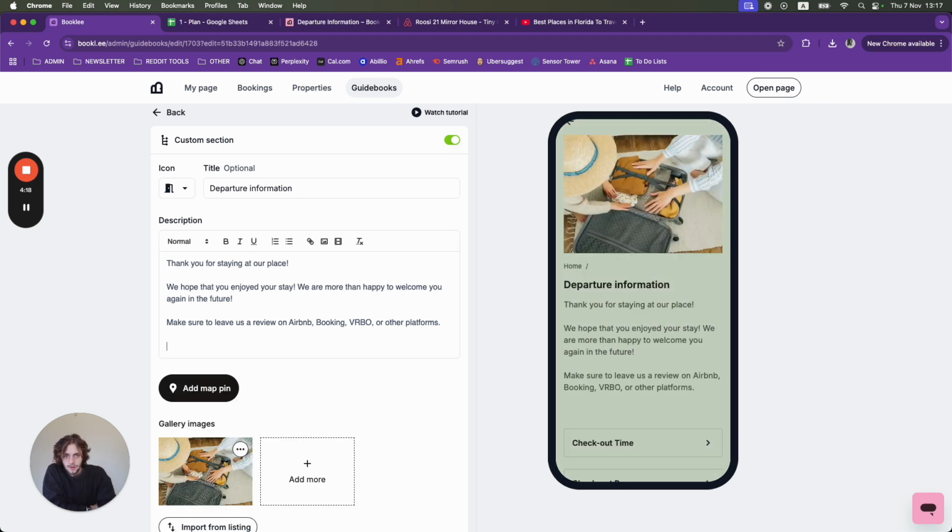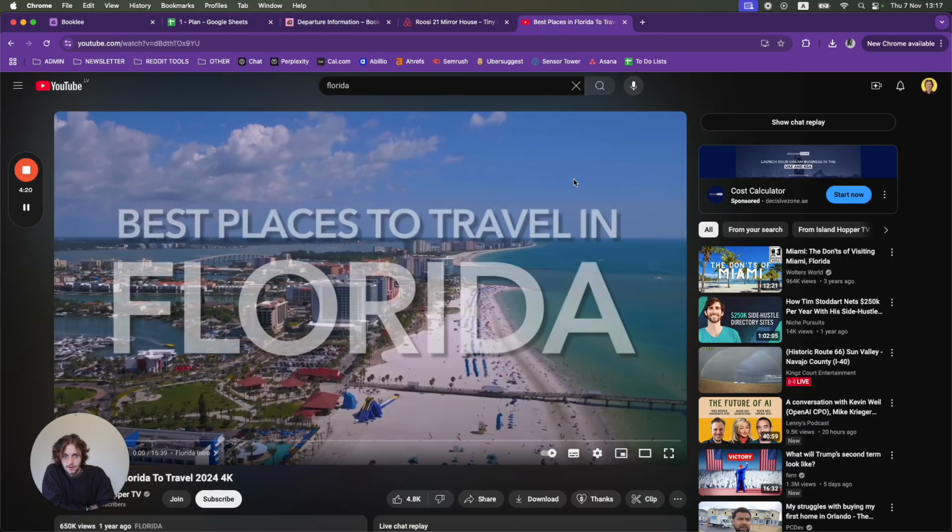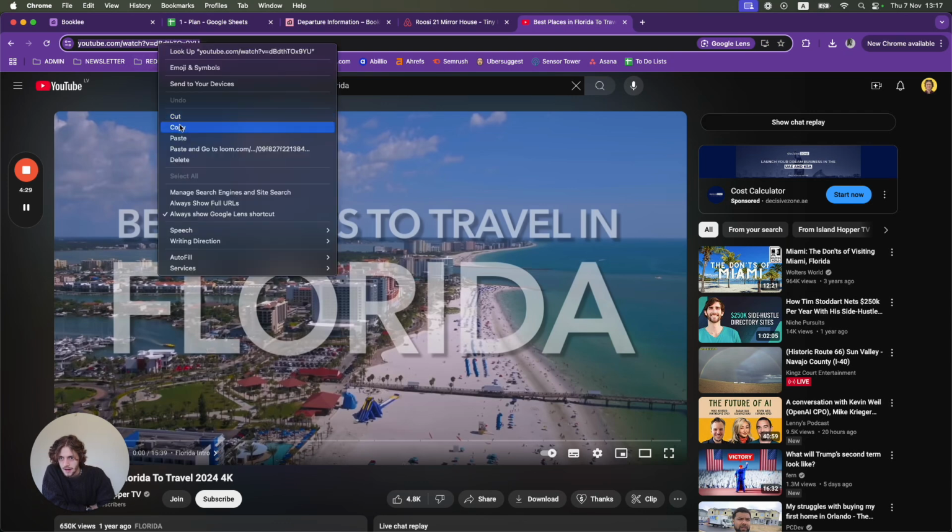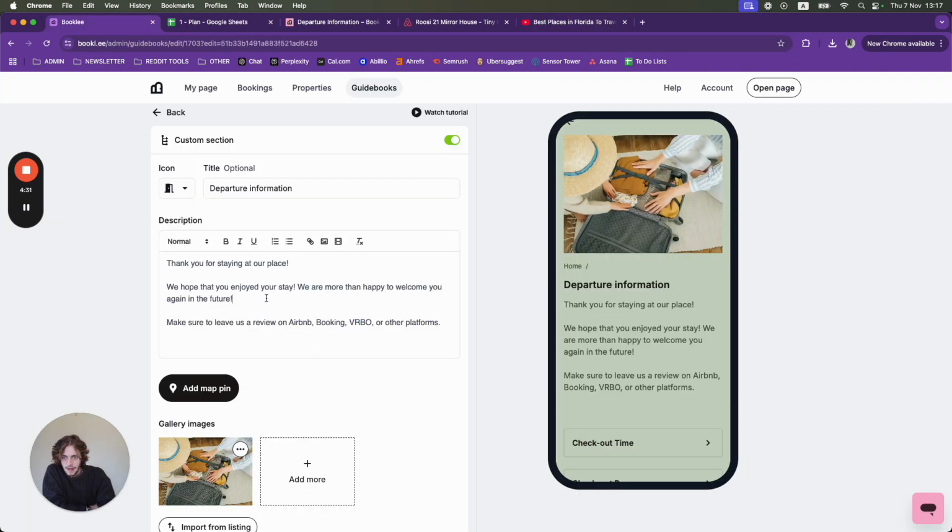To add a YouTube video, first find a video that you want to embed in the description of your block, copy the link to that video. Here you can see I'm highlighting the link, right click, copy, go back to Booklee, and then click here in the text box, then click the video icon and then paste in the URL of that YouTube video and click